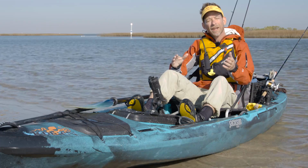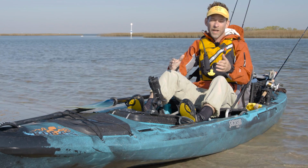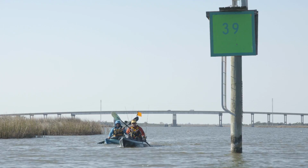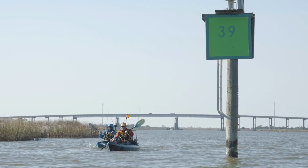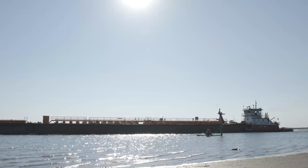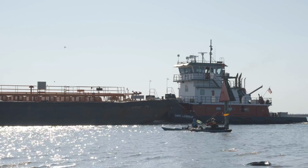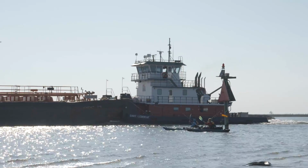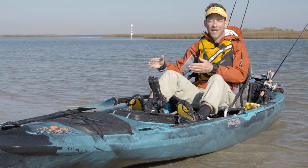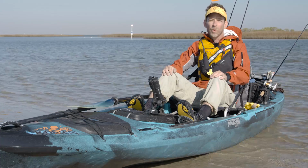Now, to understand how boats navigate through a waterway, let's look at navigation rules on a very basic level. On any waterway that has regular motorized boat traffic, you'll find colored buoys. The red and green buoys are there to define the main channel and the safest path for powerboats to take. When returning to port, keep the red buoys on the right side of the boat, or just remember, right red